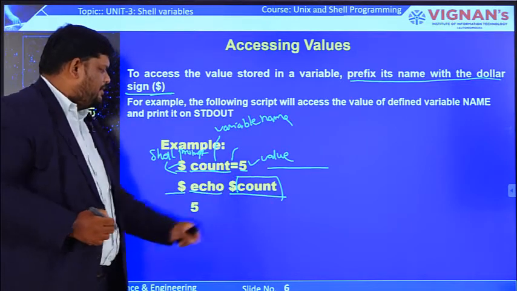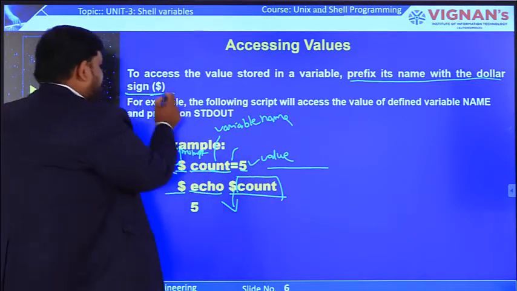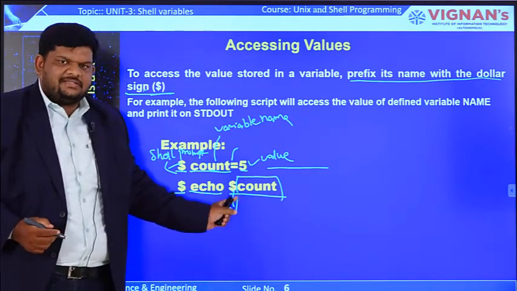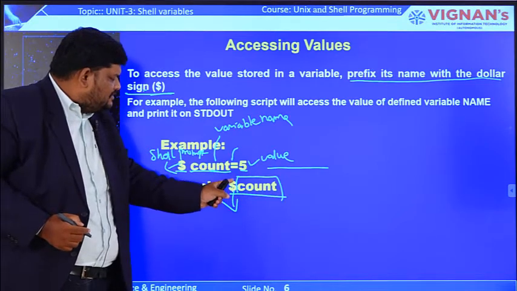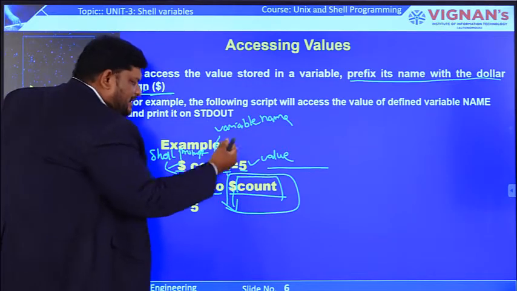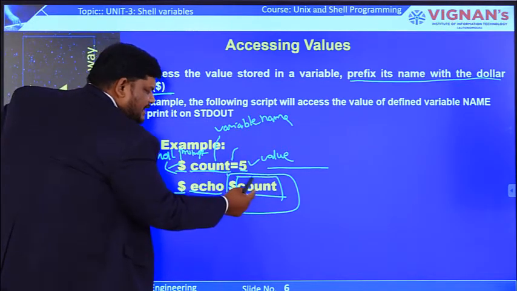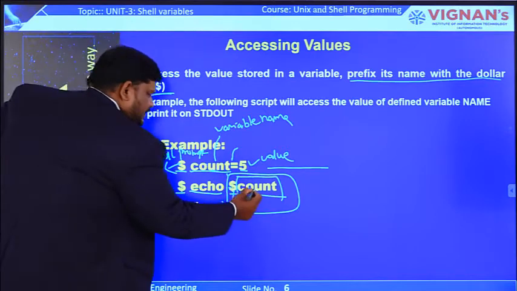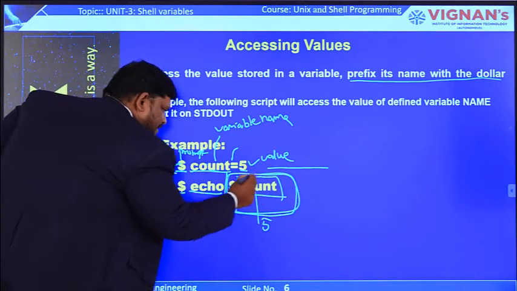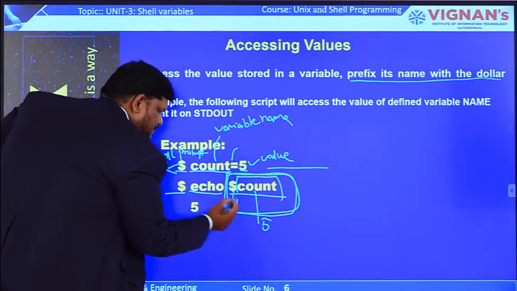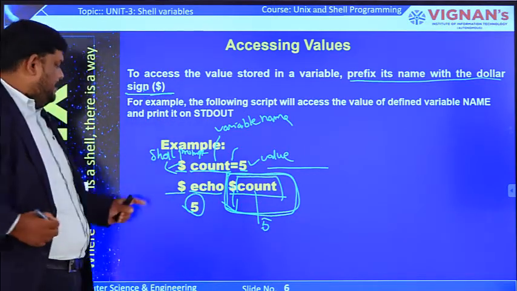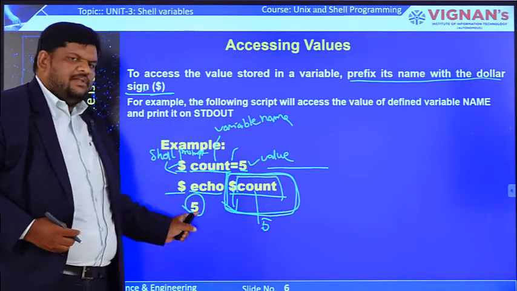Before that variable name, we are now writing the $ sign. This one is not the shell prompt. With the help of this $ sign, the complete syntax indicates we are accessing the value present in count. If count contains the value 5, the complete replacement of $count is 5. So for echo the argument is 5, and that's why the standard output displays the value 5.